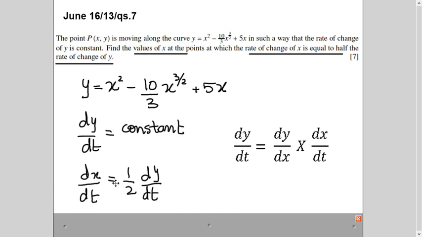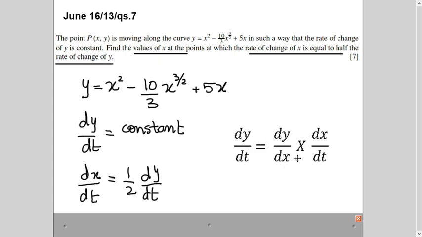So all this information I have gotten from the question. And now the equation is y in terms of x. So I will make this chain rule, which I've just explained to you. Now we have to fill in or substitute the values in this equation. And automatically we will get the value of x.